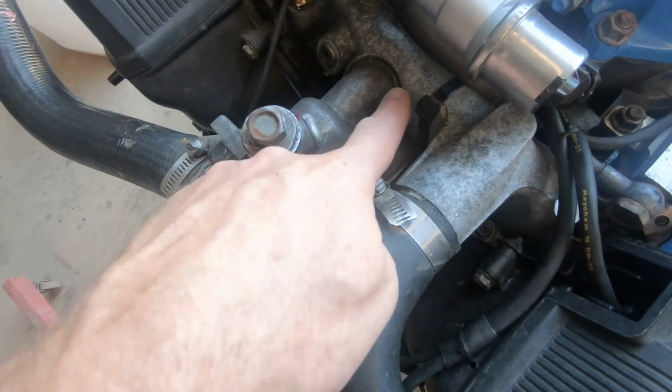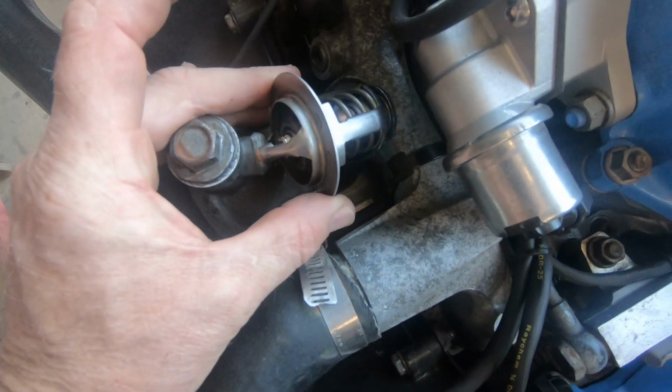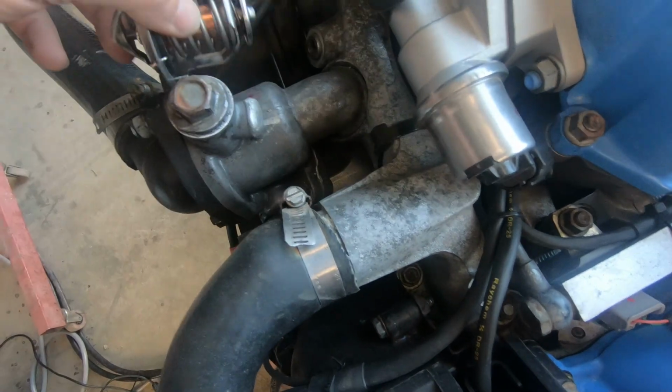And we want that engine to heat up as fast as we can, because every time we start it not hot enough, it's bad. So the faster we get it up to temperature, the better. Toyota does it by running a bypass thermostat. They have that valve sitting in here,